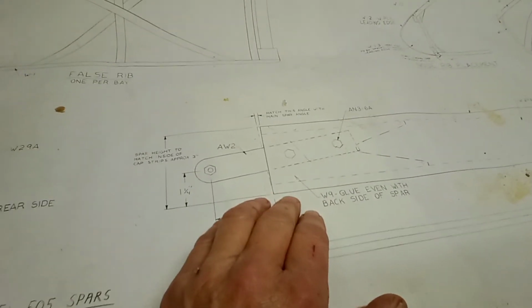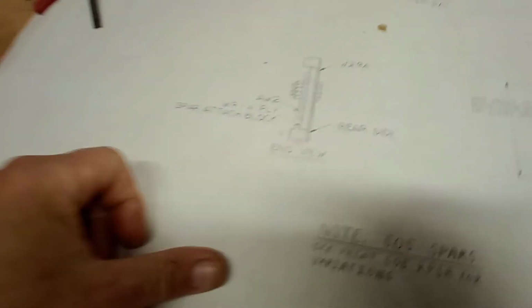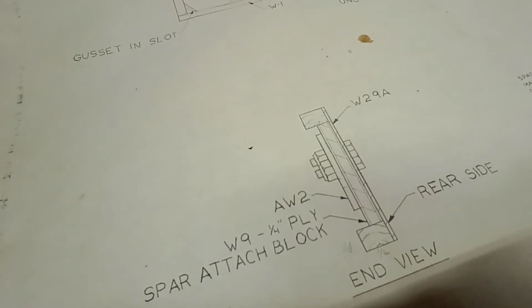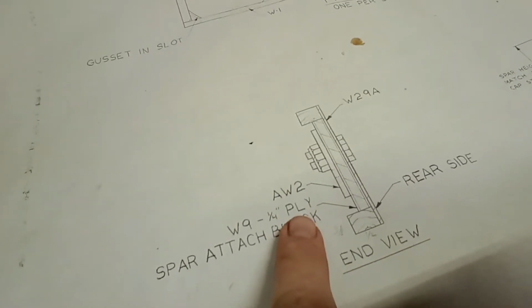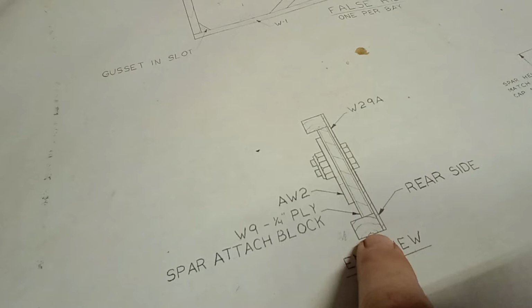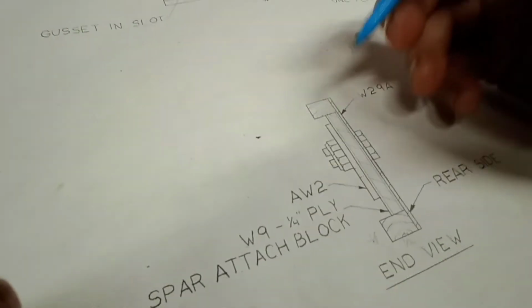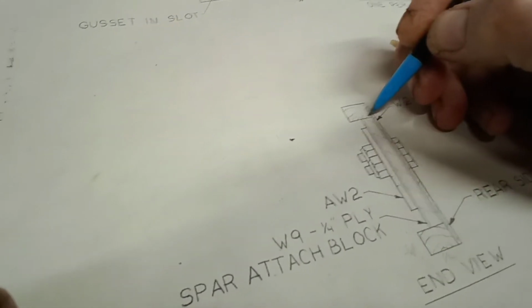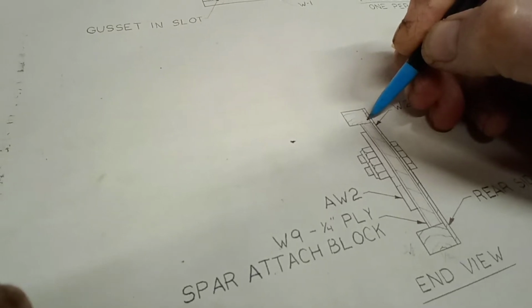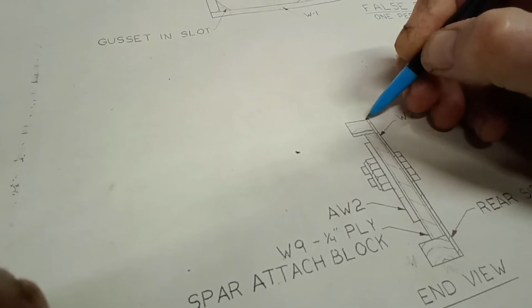So today we are going to work on the rear spar, which is relatively easy to build, but as you can see here, I'm trying not to get my own shadow. As you can see here, it's pretty simple, and it's 3/8 of an inch high by 1/2 inch for the caps, but on the top side I will shift this block up maybe 1/8 of an inch, glue it on right about here, and on this side